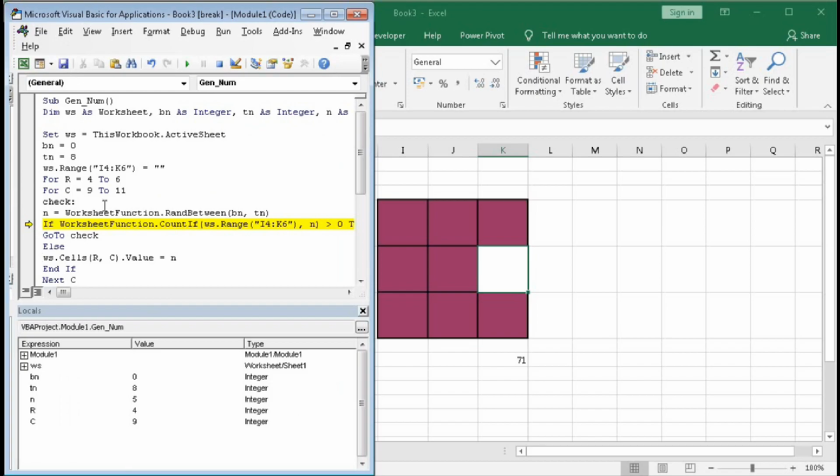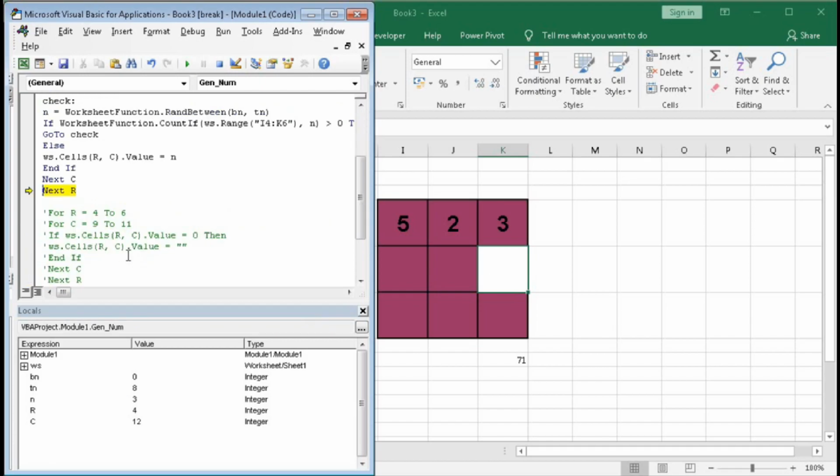So press F8. You can see here we got 5. Then End If, then Next C. Then it will move here to C. Now you can see the value of C has changed to 10. So now it will put here. Now the value of n became 2. You can see now we will put 2. Then the value became 11. And now here n is 2. Now here it will change. So it got 3.